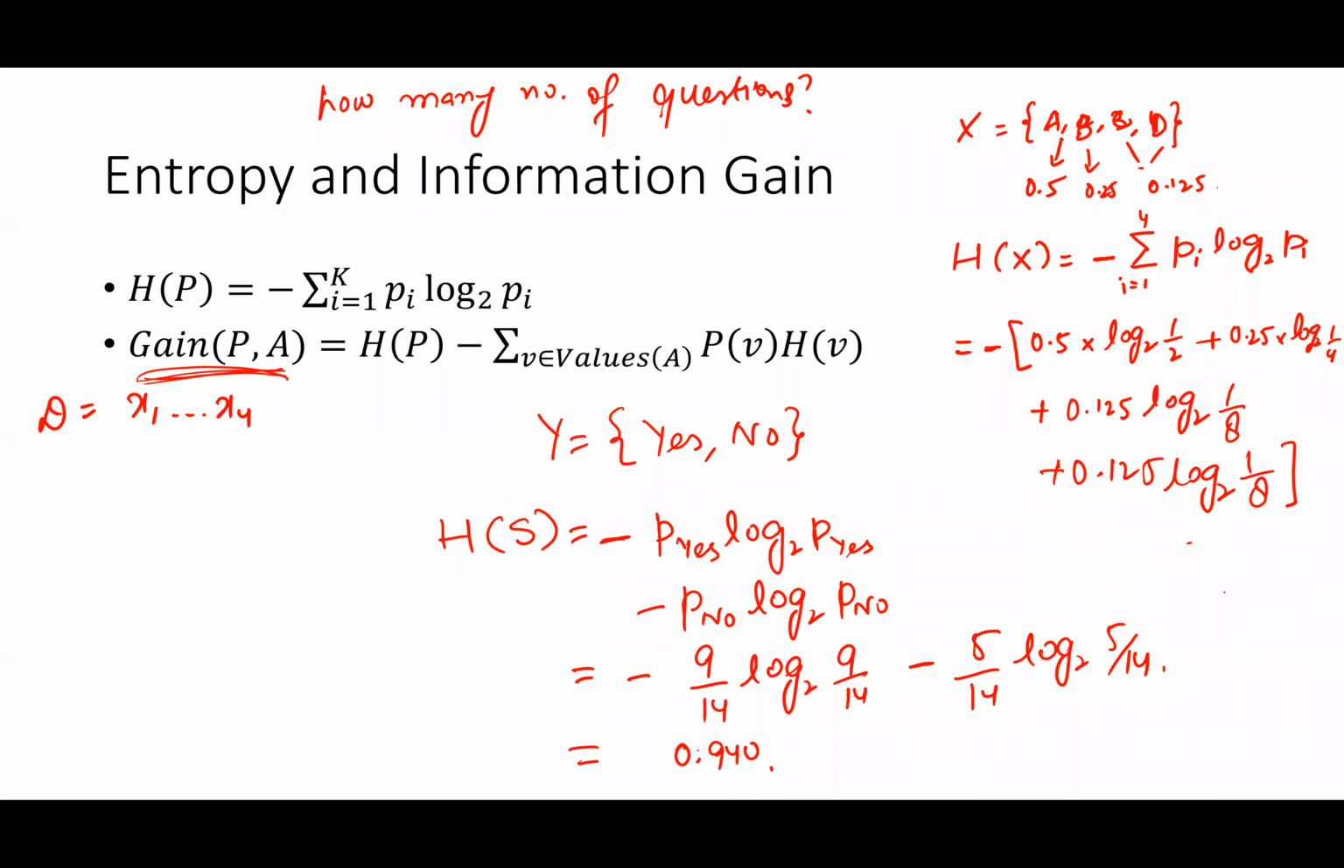Fine. So let us take it to the next slide. So we have H of our system equal to 0.940. So let me again see. The number of yes was 9, the number of no's was 5, and the total was equal to 14. And we found out that